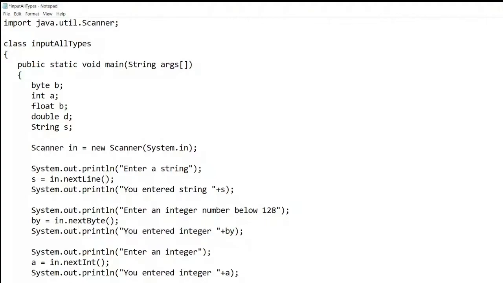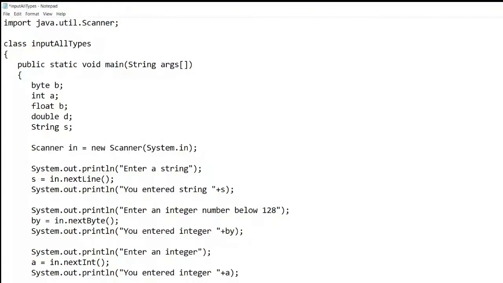Yes, sir. Okay. So I have defined the Scanner class here. As you know, whatever you write in the println statement goes to your output screen. I have taken the string variable s. I want to read the value. So what is the syntax? The variable equals to in, the object of the Scanner class, dot nextLine. This is the predefined method in the Scanner class to read the variables. Then you enter it and print the value.